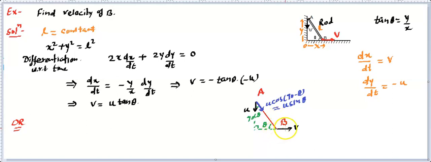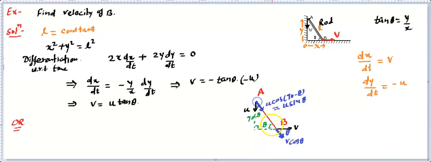Moreover, you can make the component of this v as well. This is the final velocity, so you can make a component of this along the rod. Now this angle is theta, so this is definitely theta. So you'll find this will become v cos theta. I'm only considering the components along the rod. Now that means this point will be moving towards the rod with this velocity, and this point will be moving away from the rod with this velocity.